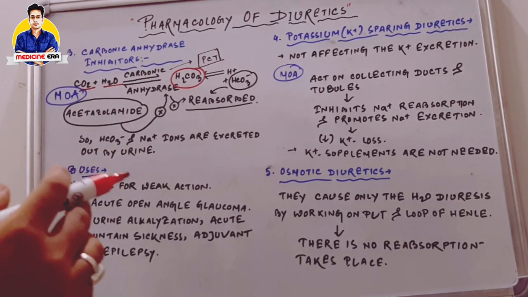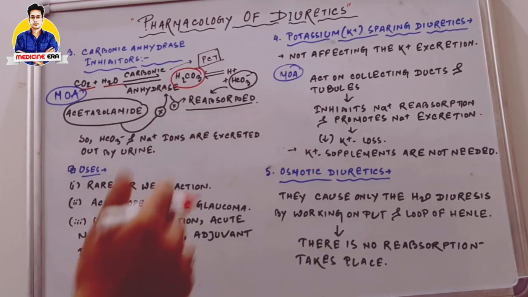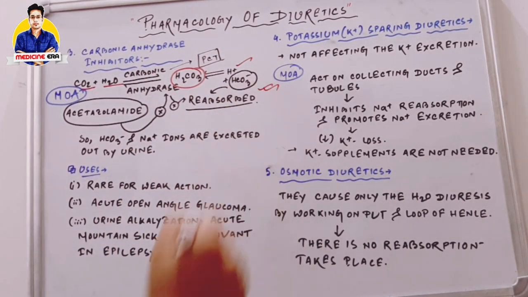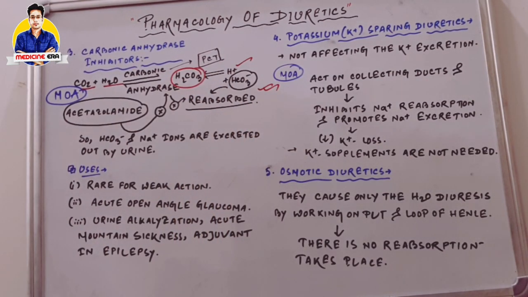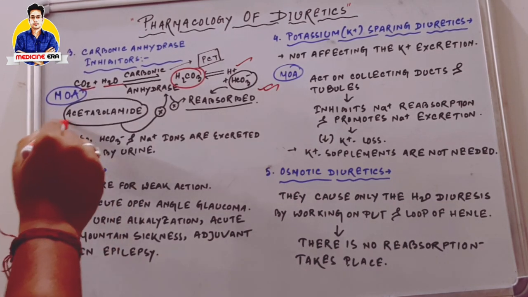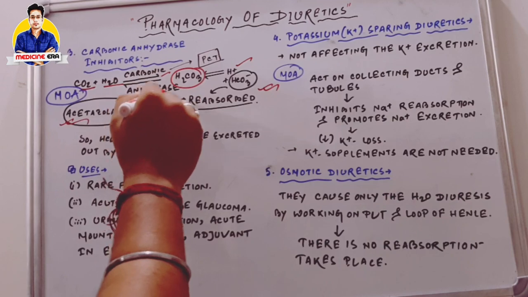The carbonic acid is dehydrated in the presence of carbonic anhydrase into H plus ions and bicarbonate ions. These bicarbonate ions are reabsorbed in the normal process of urine formation. But when we need to increase the urine volume, we have to use acetazolamide. These are the carbonic anhydrase inhibitors, one part of diuretics. Okay, this acetazolamide is used to inhibit that carbonic anhydrase.